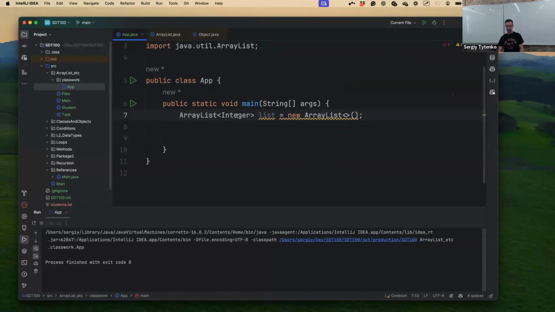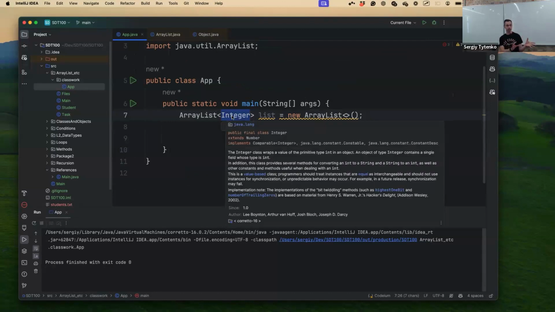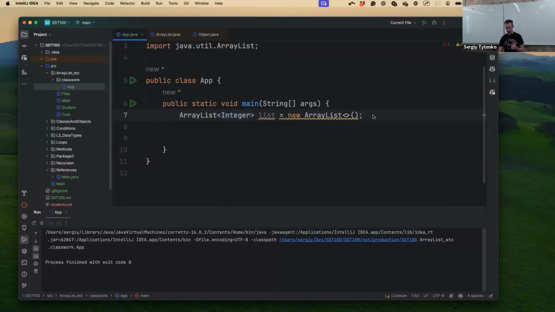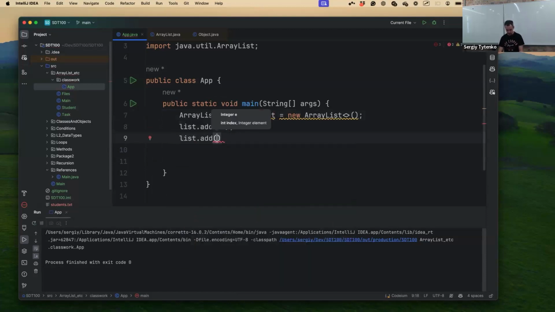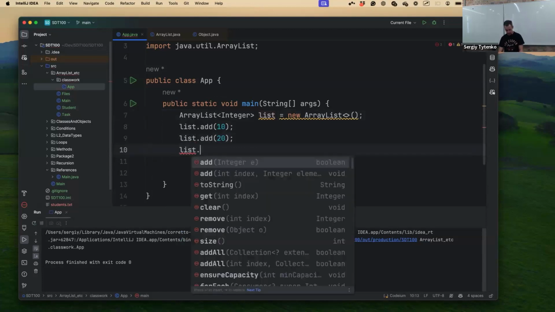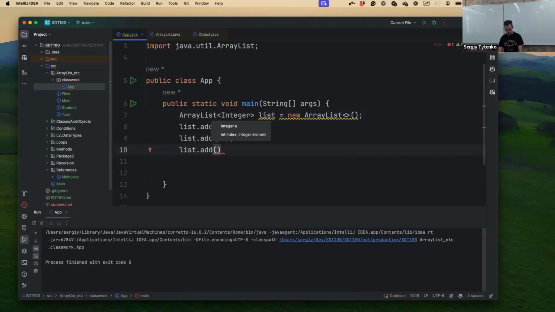Next, I will come back in a moment to explain what integer means, because you already know int. But what is the integer then? Good question. I will come back to it in a moment, but I want to show you some functionality so you feel that. So please add element 10, let's add one more element, 20 for example, let's add 30,